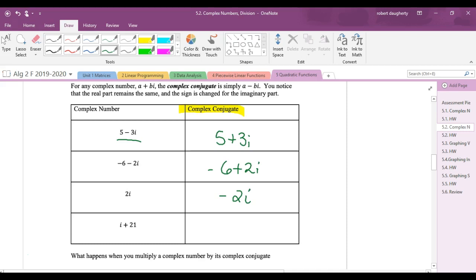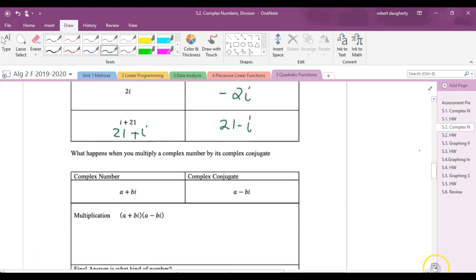Negative i. So I switched it up. This is 21 plus i, so really it's 21 minus i, or negative i plus 21. Okay, so all I did is just change the positive/negative sign of the complex part. Now the reason I do that